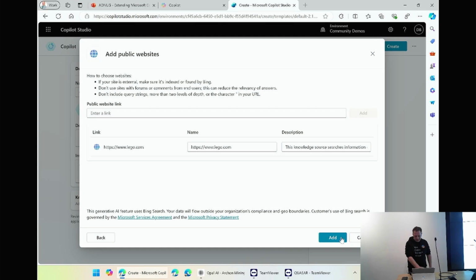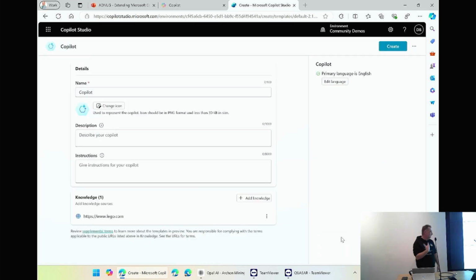Yep, cool. So now what this Copilot is being told to do is first hit lego.com for any information. If you can't find it there, then fall back to the Copilot LLM, and then give me the response. By the time it hits there, it's probably going to be wrong. I'm not going to deny it. You can add, originally there was up to 5 sources, but I believe now it's a little bit more, and